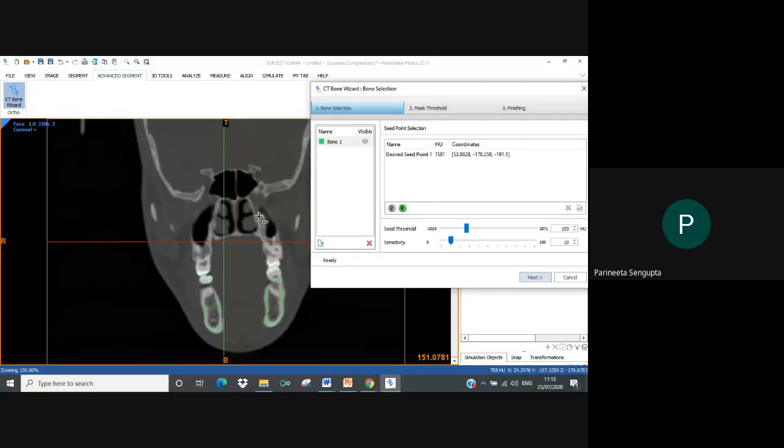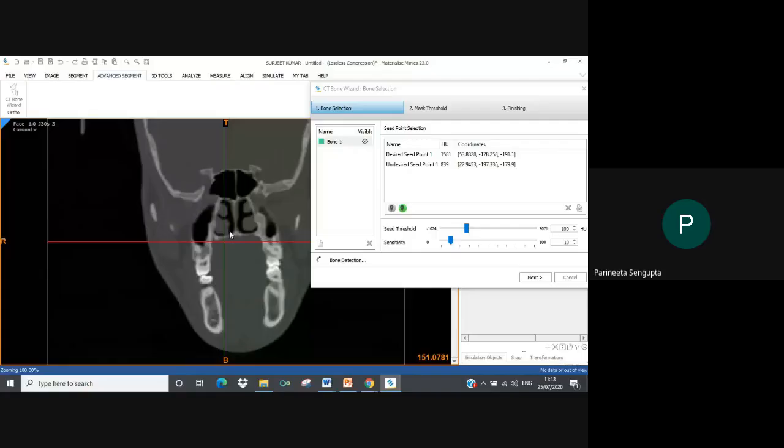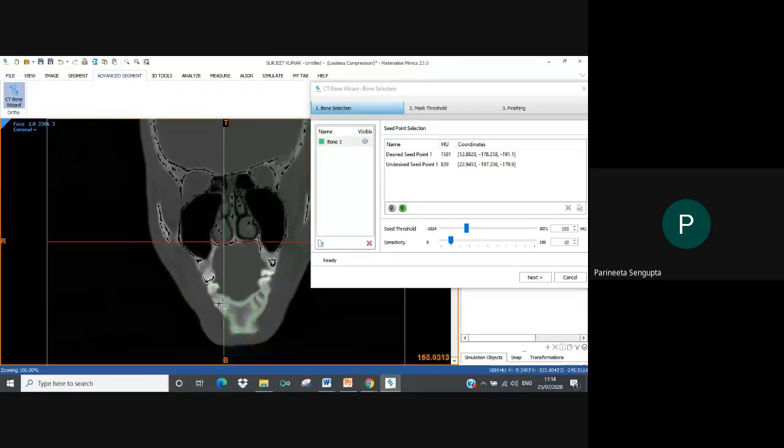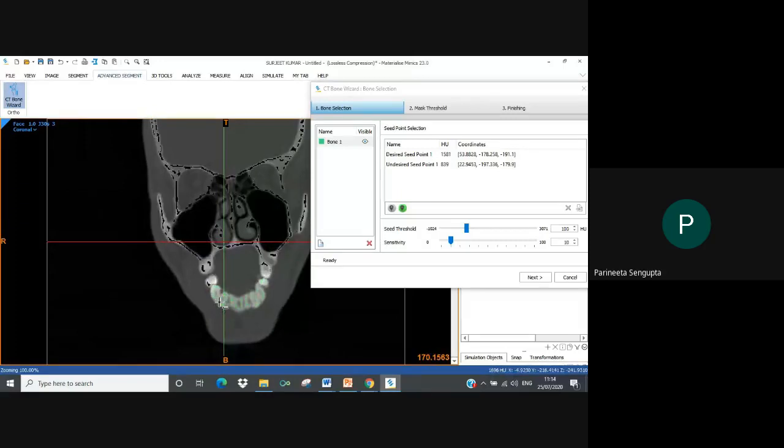So what this does is that is your undesired seed point. So any point adjacent to these regions, as per my sensitivity stated, it will deselect those regions for us. So if you see, that means it will not select any point related to the maxilla.